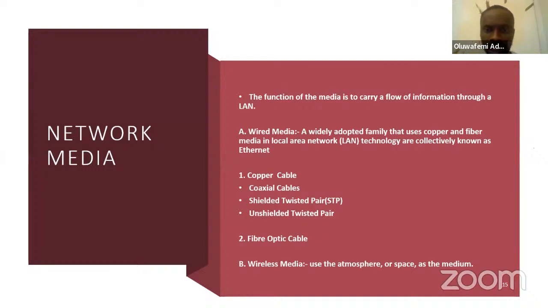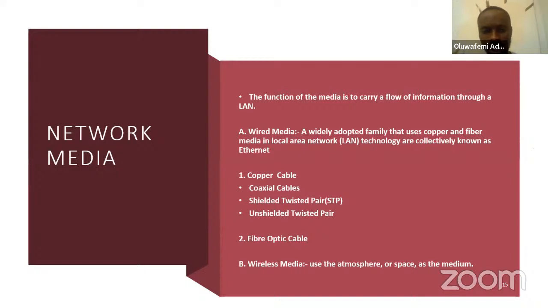So the function of the media is to carry a flow of information through a local area network. There are two means, the wired media and the wireless media. The wired media, a widely adopted family that uses copper and fiber media in local area network technology, are collectively known as Ethernet, right? So there's copper cable and then there's fiber optics.